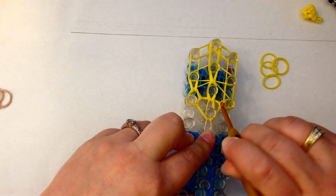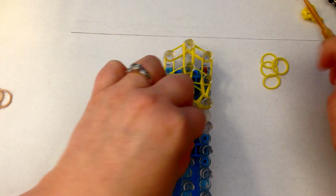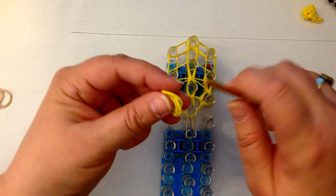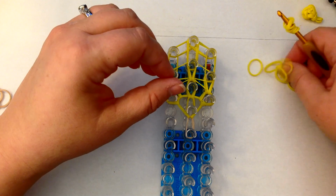Push those crossover bands back with the back of your hook. Alright, push those all down. Once you've done that, push that all down. We're going to make a little top knot for her, so you take 4 bands, put them on your hook and twist once. Okay, then we're going to take another 4 bands